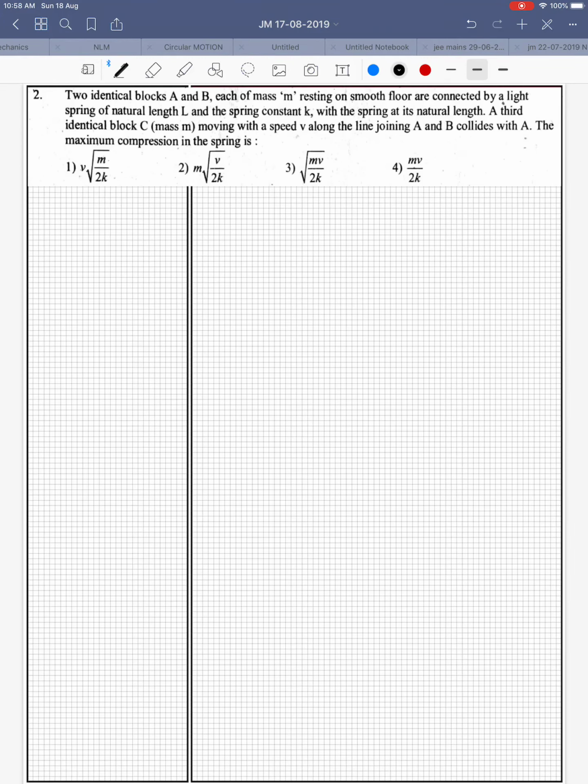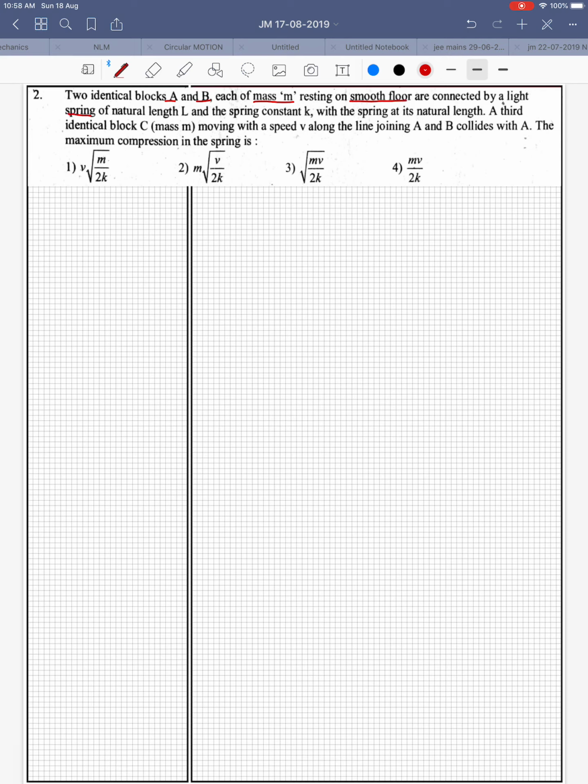Question 2 is actually a concept from collisions, which we will discuss next week, but still because it is given two times I will try to discuss this, so try to get whatever you have understood. Okay, the question is, two identical blocks A and B of mass m resting on a smooth floor are